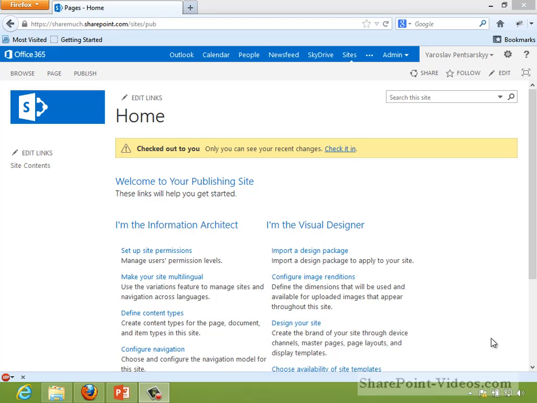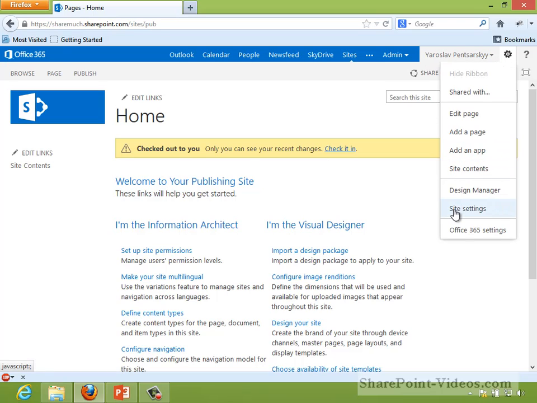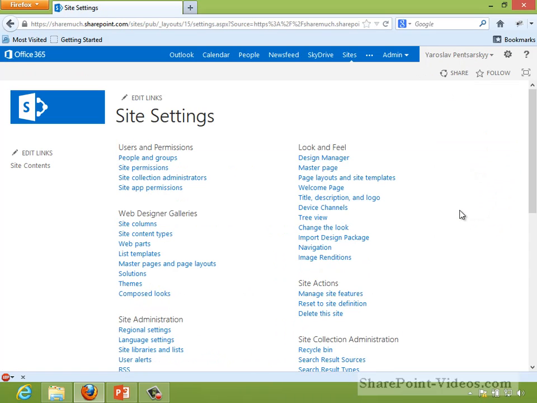Let's take a look at some of the branding configurations for a publishing site on the site level. So if I go to the gear icon here, some of the options that you'll see right away is I can also add a page, just like I could do in the team sites. View site contents. When I click site settings, I can see a much larger subset of options that I can